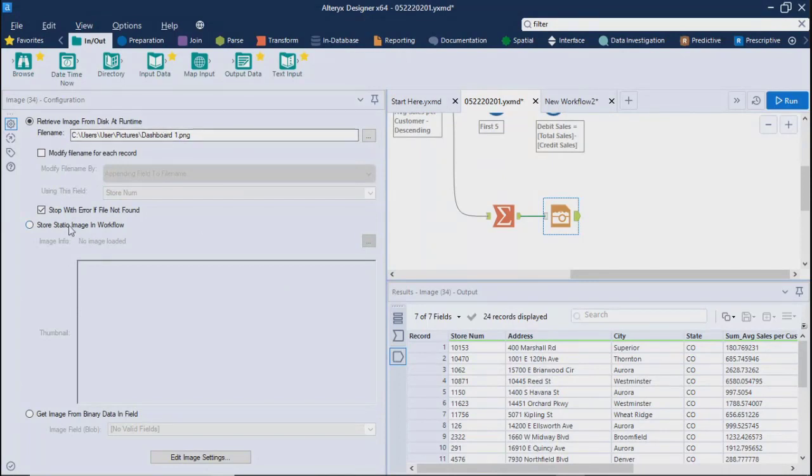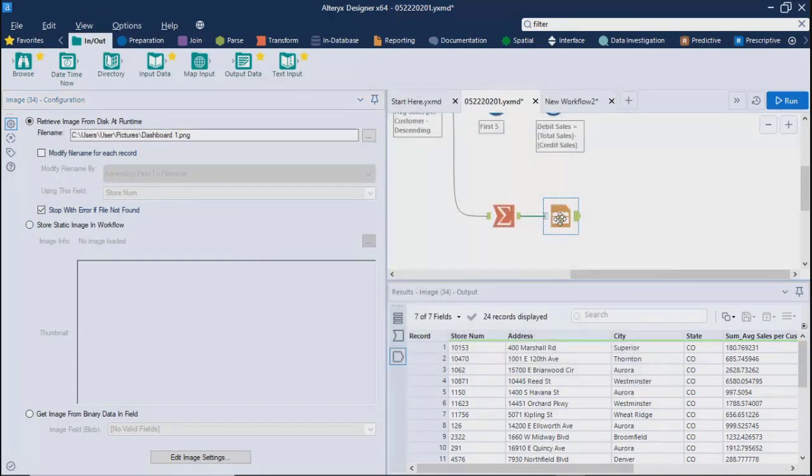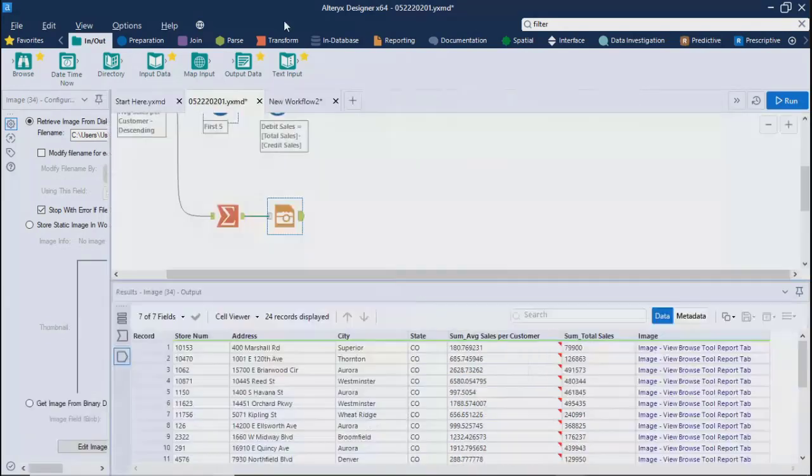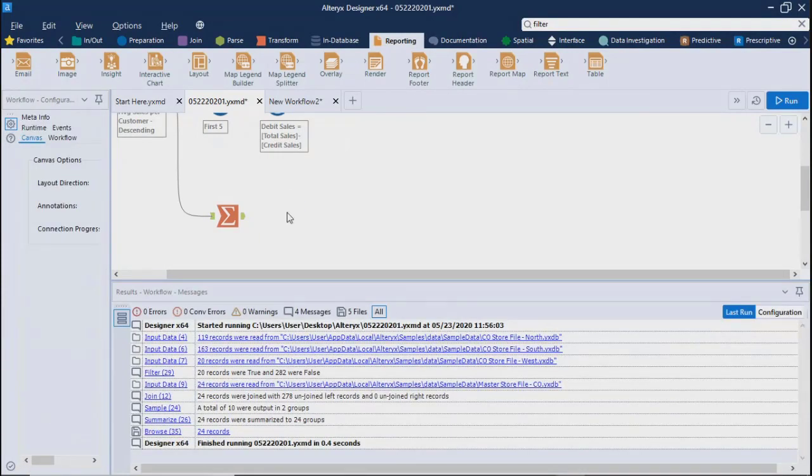Store the static image in workflow. So maybe whoever is running, you want to show the success message, like it ran successfully, or maybe you got a better result. For that, you can browse some images and show them over here to the people who are running this workflow manually. For the other people, if this workflow is scheduled and they are not running it manually, you can send it over email using the first option which we had as email.